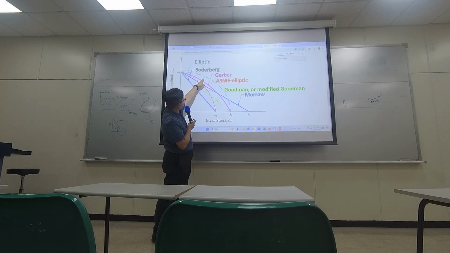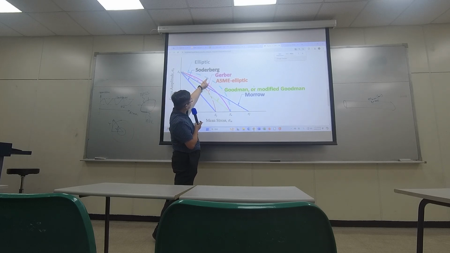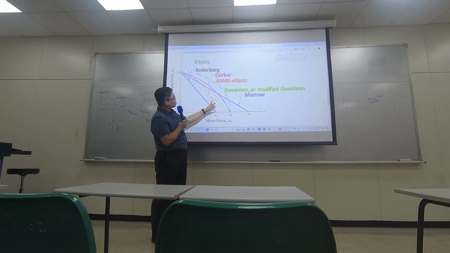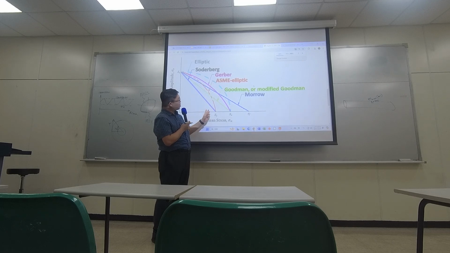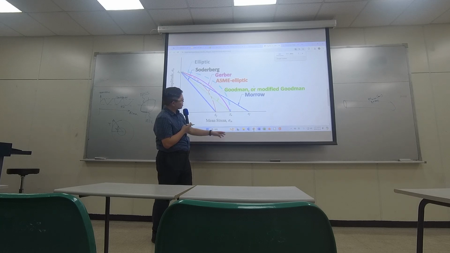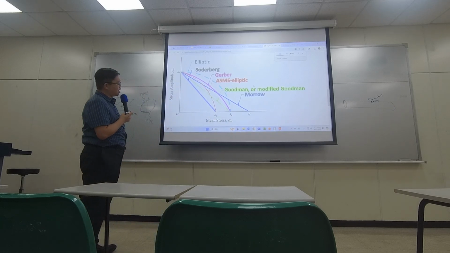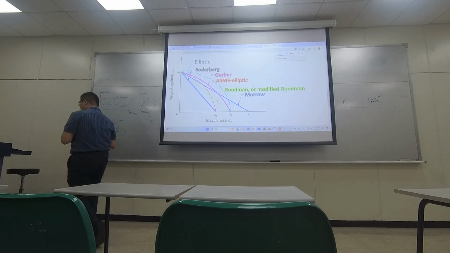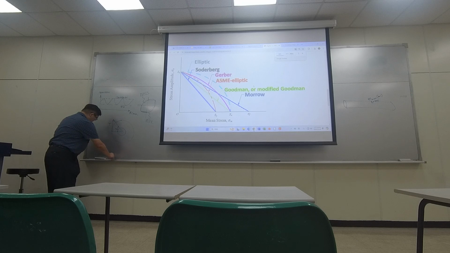And there's an elliptical model in the light blue shape, which is very similar to the ASME elliptical model, but more aggressive on the mean part. The most aggressive one, I would say, is this one, Morrow. It has sigma F, I don't remember exactly what it is, maybe the stress for failure. I'm not really sure, I need to read the description. But anyway, I just want to show you that